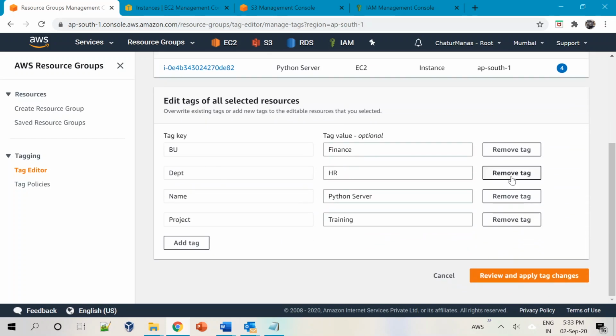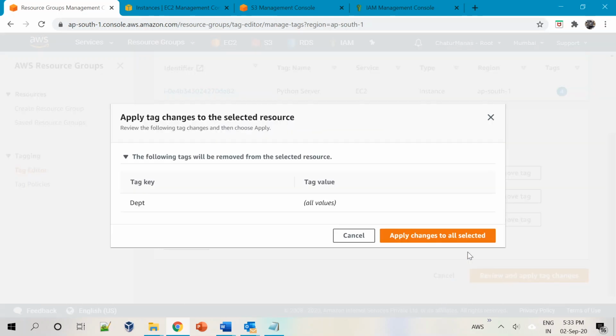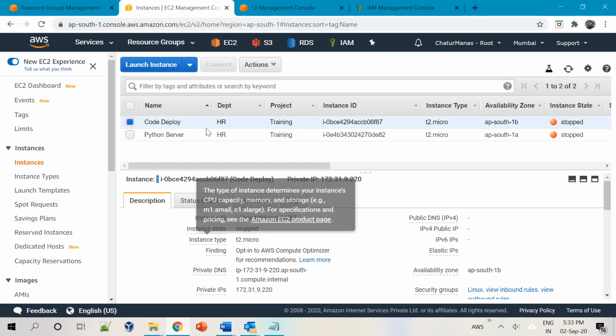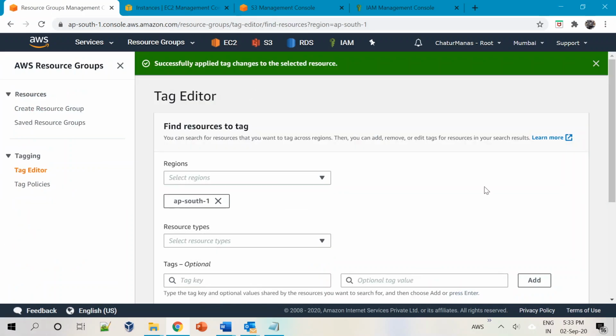Okay, this department HR, remove this tag, and I'll say review and apply these changes. Now if I go back to EC2 instances and refresh, you will see that for one of the servers the department HR has gone because we removed that tag. So with the tag editor, you will be able to add the same tag to multiple resources. At the same time, you can also remove tags from multiple resources in a single shot.